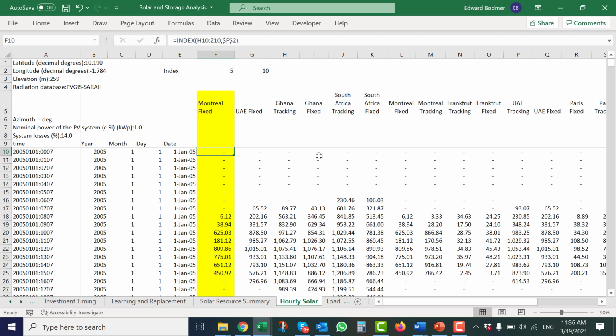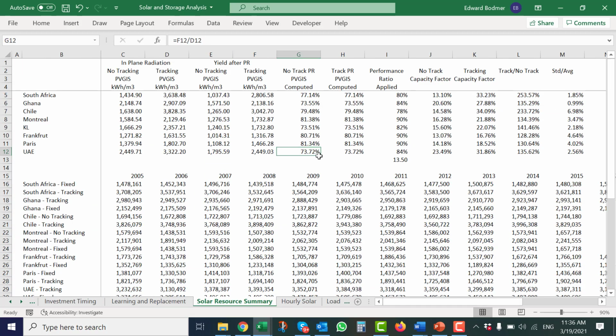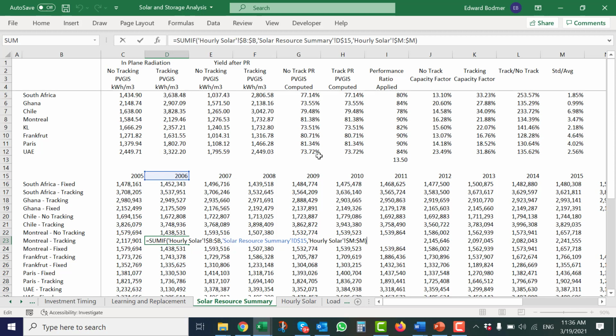When we have that hour by hour sunlight, eventually we're going to have to adjust it by a performance ratio. Down here, do you see these SUMIFs? All they do is take a SUMIF using the whole column. I've got to test this out, to prove that using the whole column doesn't slow you down. Maybe it does. If it does, I don't want to redo it anyway, but it's so much faster.